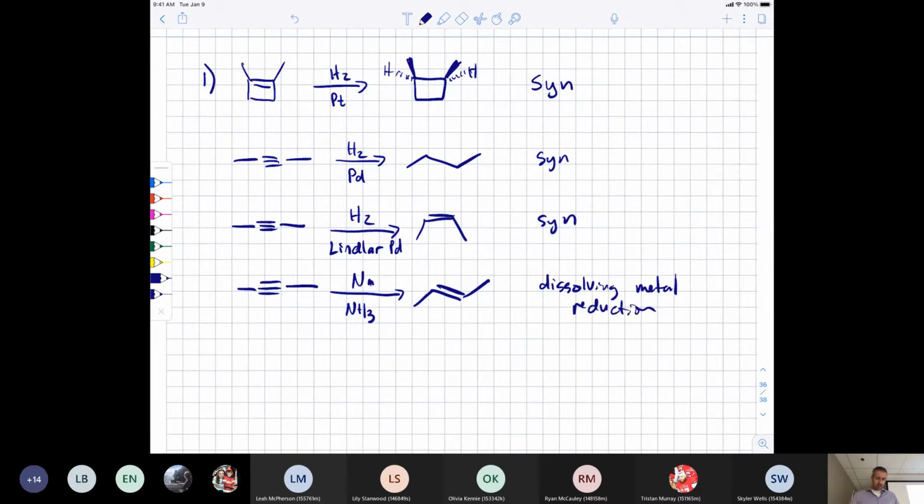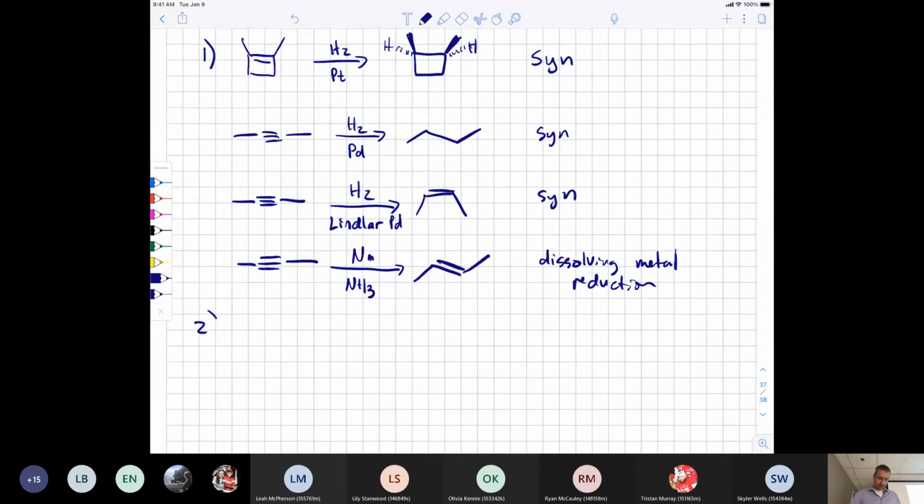It's called that because you start with chunks of sodium metal, and as the reaction proceeds, the sodium metal dissolves, becomes sodium plus, and the electrons are going to the alkyne to reduce it. That's why we call it the dissolving metal reduction. So there's 4 variations of addition of H2,